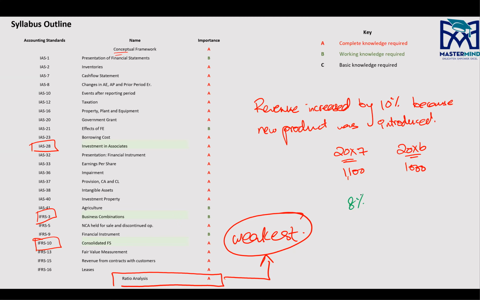Like I repeat, at this stage you're not part of F3 anymore, and you're headed towards SBR. The examiner wants you to be ready for SBR. In the beginning, I just told you the huge difference between SBR and FR. So the examiner wants you to be ready for SBR. Number two, if you state the obvious, for example, you calculate this increase and say that yes, the revenue increased by 10%, probably because a new product was introduced,